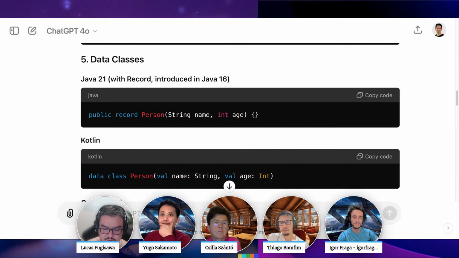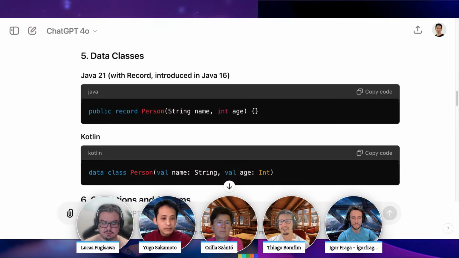Does it make sense? It looks the same as records, Thiago, the data class. Yes, in terms of functionality, that's really the same, but in terms of the underlying bytecode structure, I'm not sure.